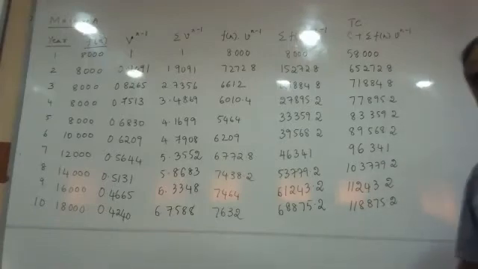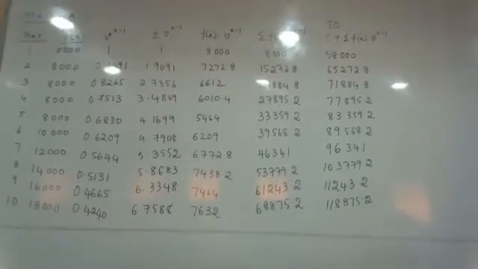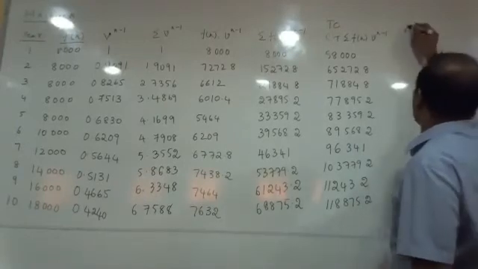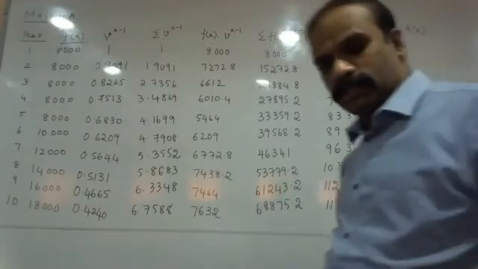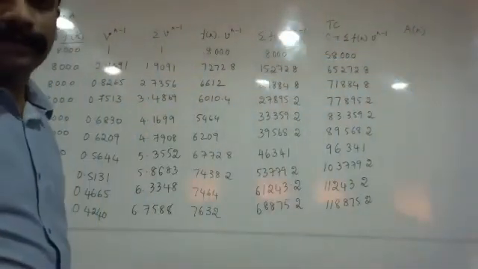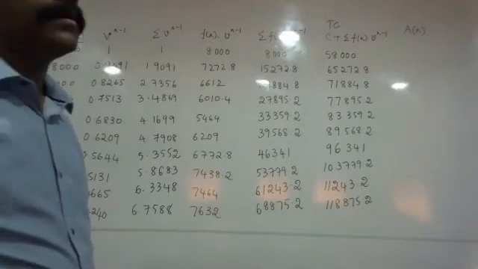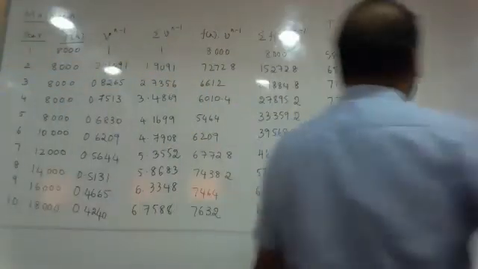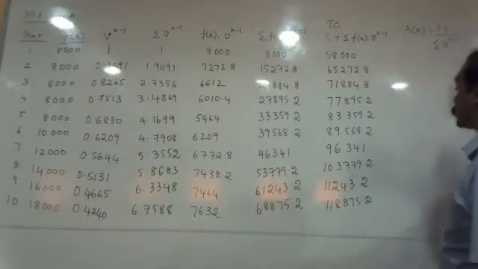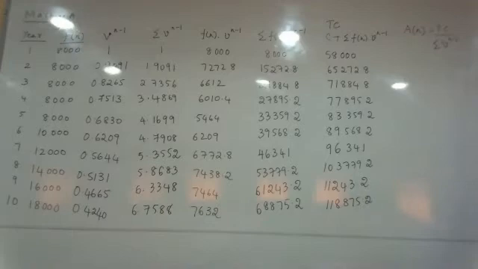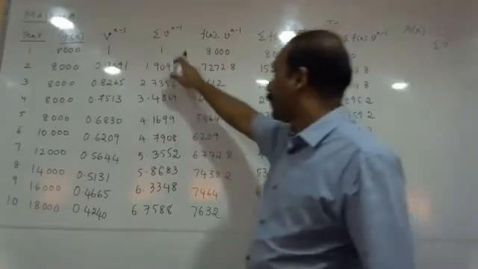So that is what we have got. Now we'll come to the last step of this problem, which is the calculation of the annual cost, sorry, average cost, which is A of N. Can anybody please tell me what is the formula for the average cost? TC divided by summation V to the power of n minus 1. So the total cost has to be divided by the summation of V to the power of n minus 1, that is the cumulative present value factor. This total cost is this column, and it has to be divided by this value.